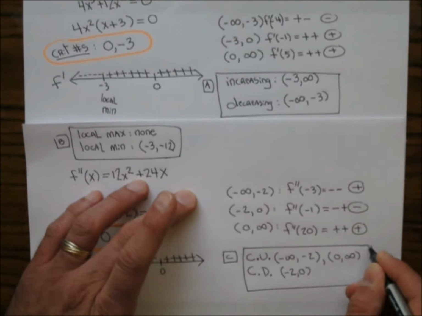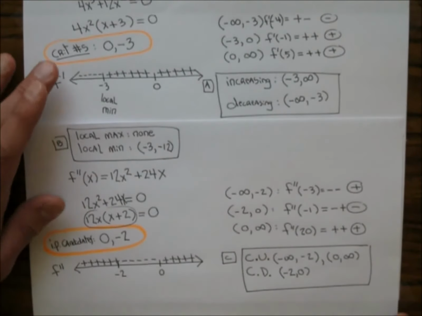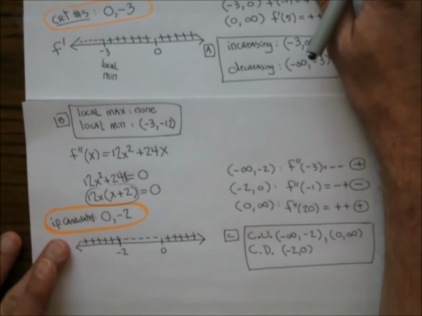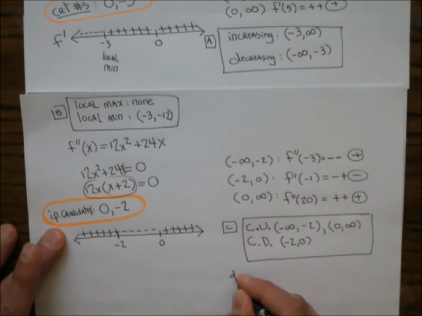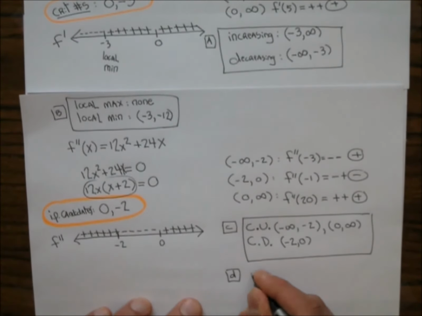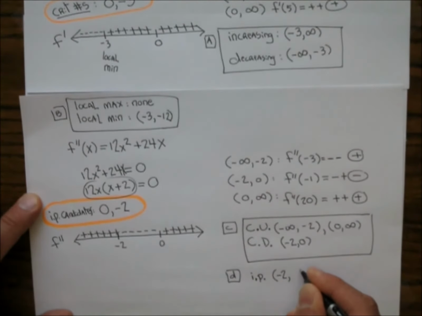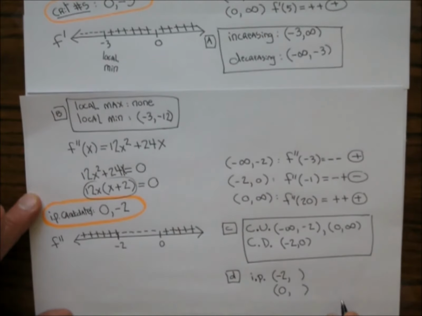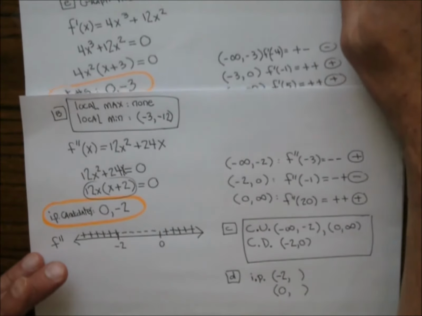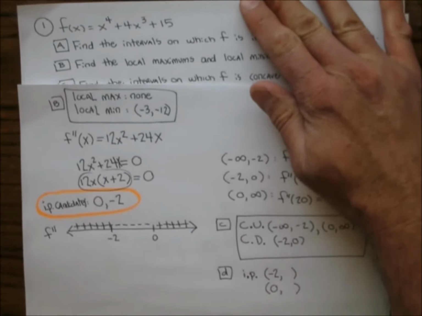part C. Part D is almost immediate from this. Part D asks for the inflection points. And the IPs, or the inflection points, there's two of them. They are negative 2, comma, something, and 0, comma, something. Where am I going to get those y values? The answer to that is we're going to get those y values